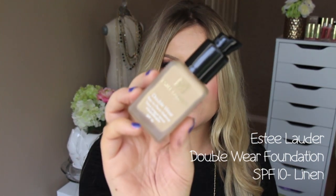I have to say, I go between this and the Revlon Color Stay Whipped, and those are my two very favorite full coverage foundations. Now this is the one with SPF 10 in it, and I got this at a CCO, and I really picked it up because the Fresco that I had, which is the other color that I have in Fresco,